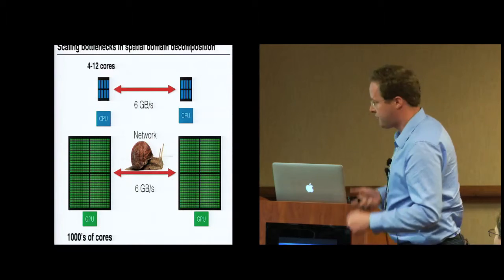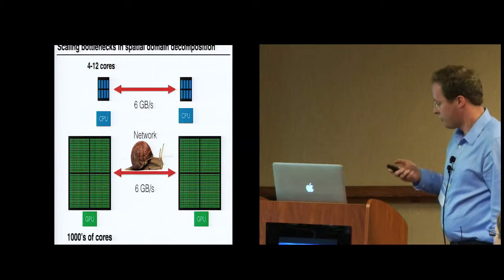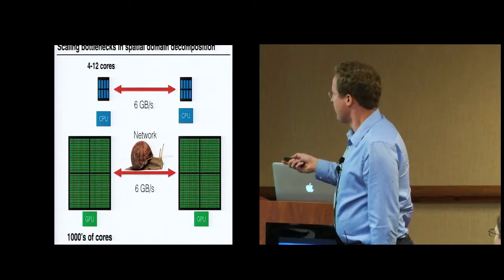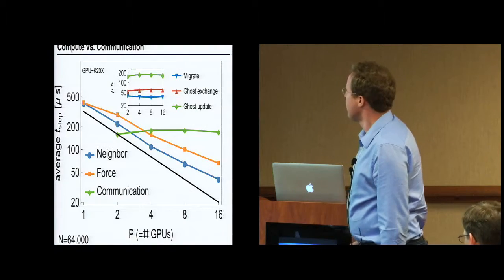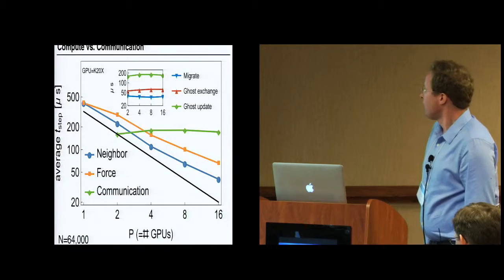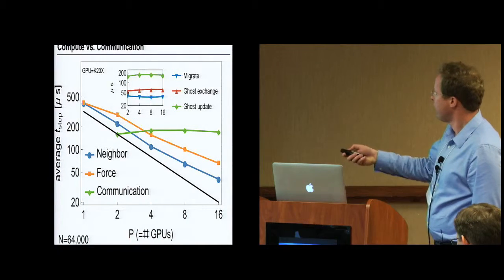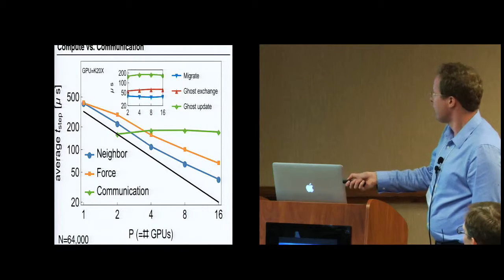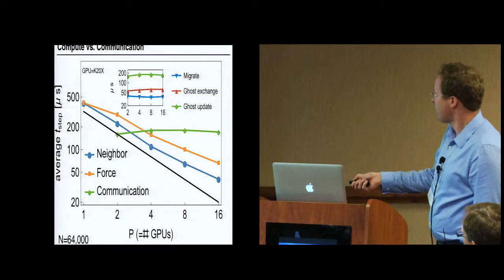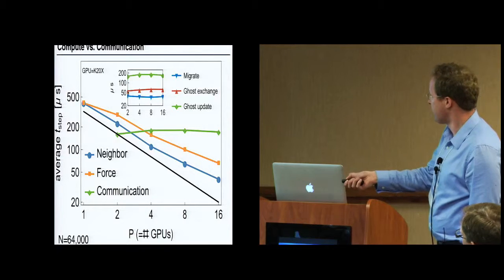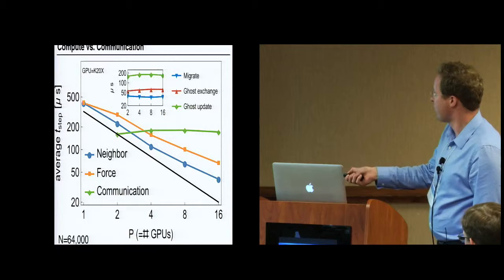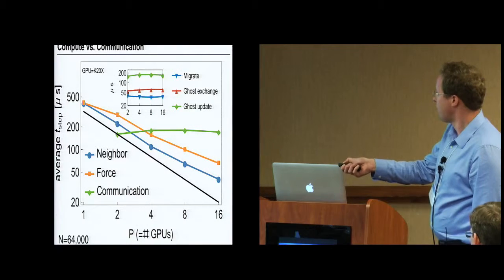And so from the start, it wasn't quite clear if we were able to actually achieve scaling on GPUs. And why this is so bad is also demonstrated in this plot, where we show the average time spent in different parts of the computation and communication per time step as a function of the number of GPUs that participate in the simulation. And so first of all, we achieved scaling